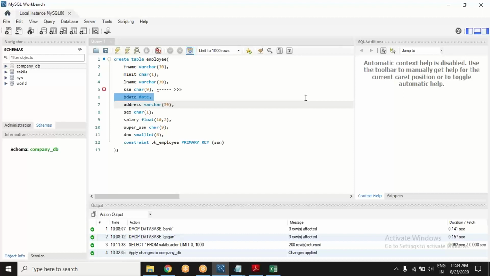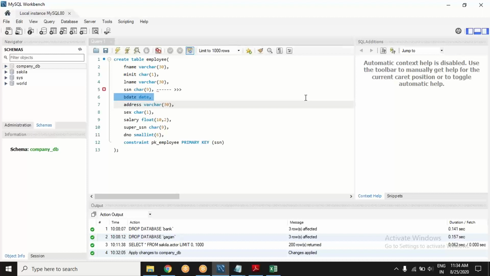Salary, Abhimanyu, think about it. Salary would be recorded in numbers, yes or no? And do you think as a number it has some meaning? If I want to summarize on salary, say I want to see the total salary of my employees, does it make sense? A simple distinction, just do that in your head. If I try a numeric operation on salary, does it make sense? Yes, it does.